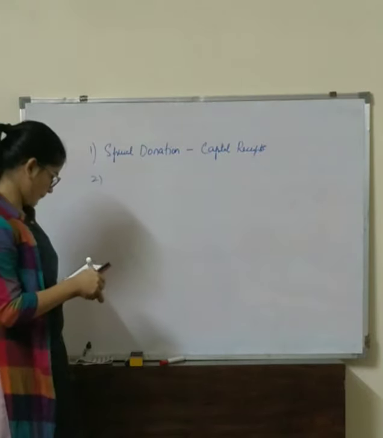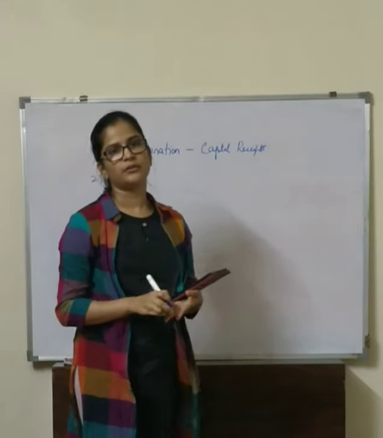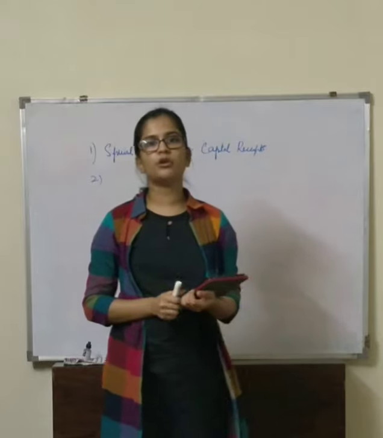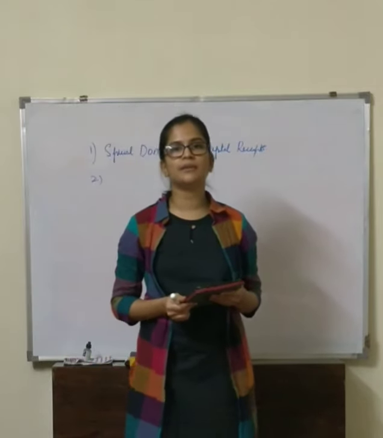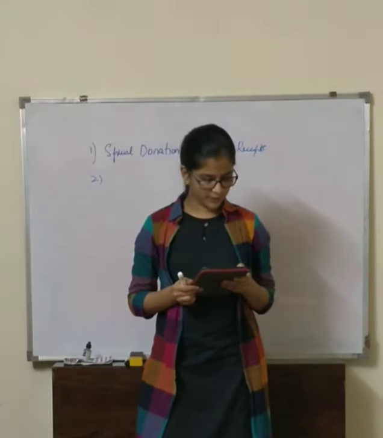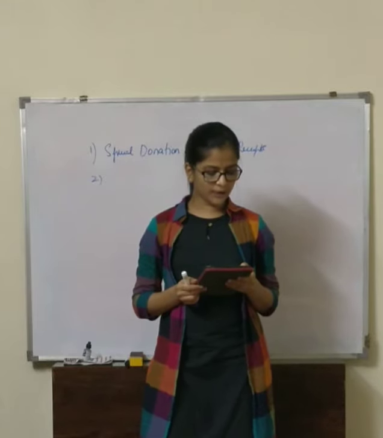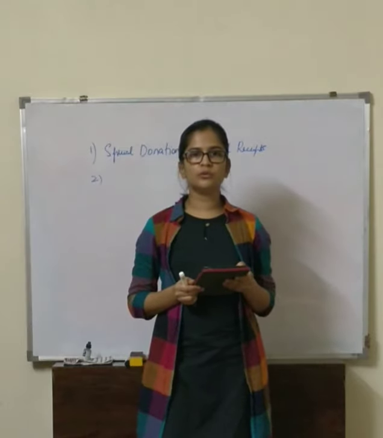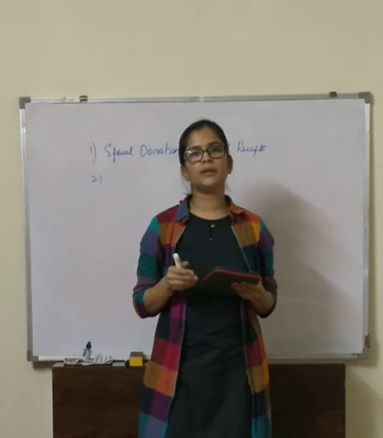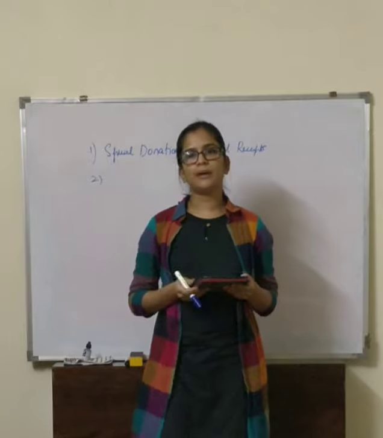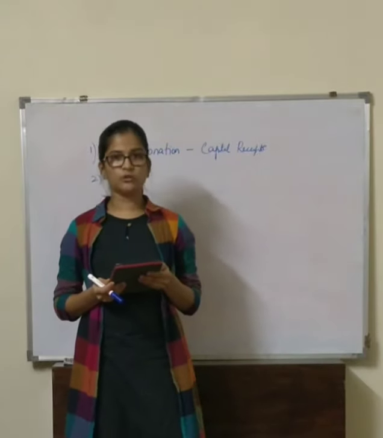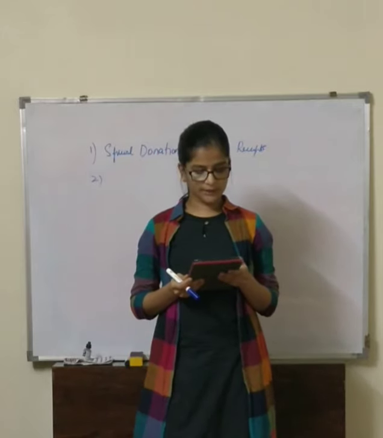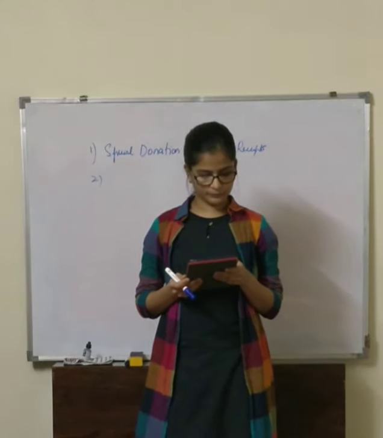Next, second one, life membership fees. Life membership fees would be a capital receipt. Why? Because we would be receiving that fees once in a lifetime. Next, write down the third one, sale of old newspapers. So sale of old newspaper is a revenue receipt. Why receipt? Because we will be getting money by selling the newspaper. So it is revenue receipt. Fourth one, we have subscriptions. Again it is a revenue receipt.